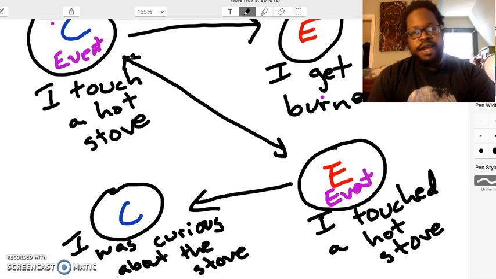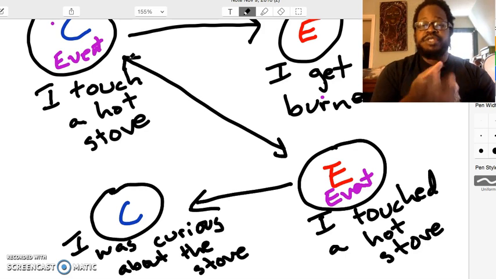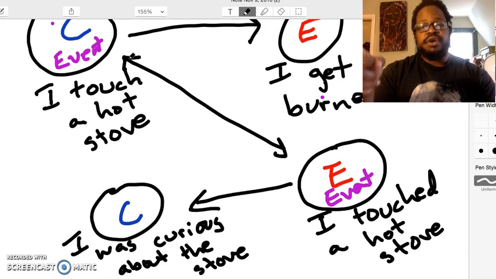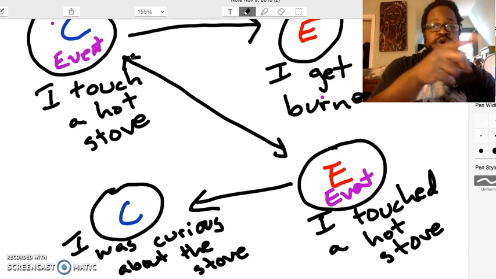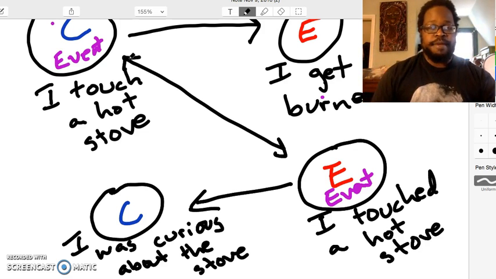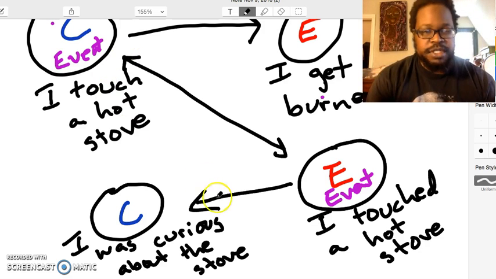The issue is in writing, when we choose an event, we also have to choose which direction we want to trace back, which direction we want to investigate. Do I want to focus on the results, or do I want to focus on the reasons? Okay? Just something for us to consider.